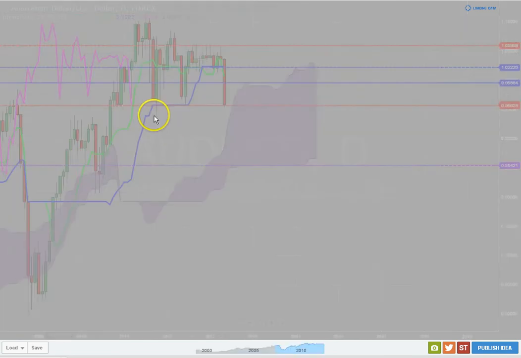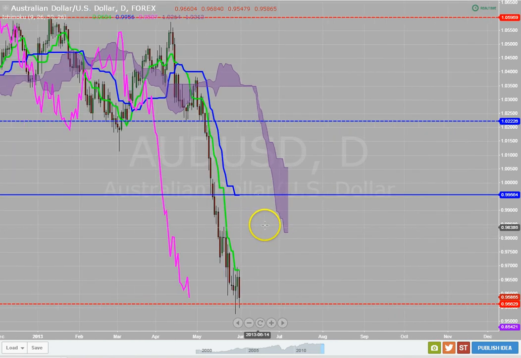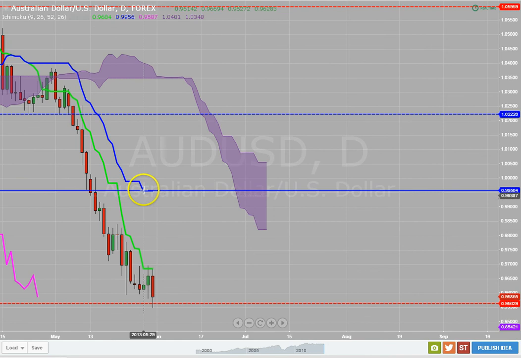Daily time frame. Looks like the market needs to pull back. But anything can happen. But just getting that far from the Kijun-sen just tells me that we're out of equilibrium. We need to pull back, and if we can pull back, then maybe we look for something else, bounce off of this Kijun-sen and take it back down to this level. But if price continues to go on, then it breaks out, then we look for something else on that aspect of the market.